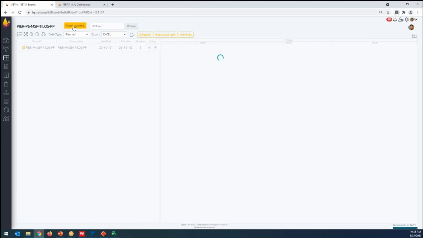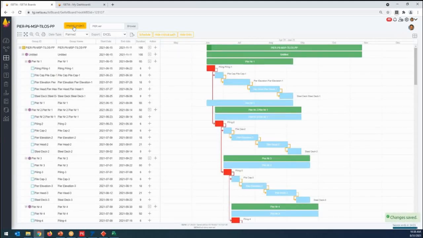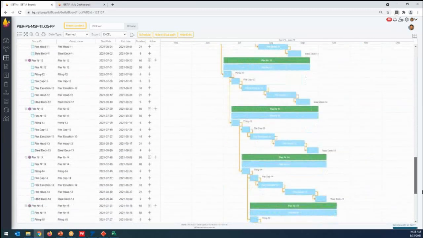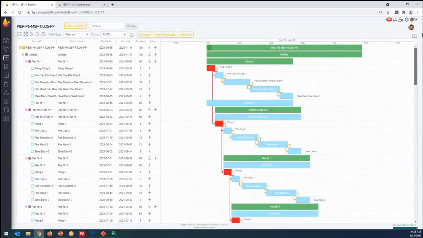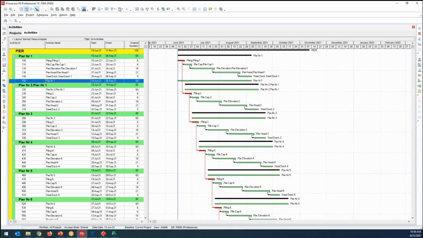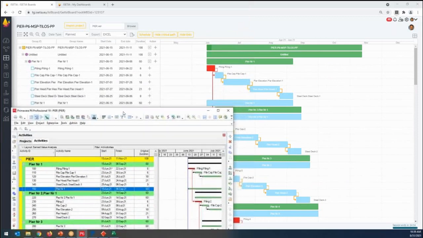So what I'm doing now, I am importing the Primavera tasks to ISETIA, and then you can see that now all the tasks have been imported from Primavera to ISETIA here. Okay, let's check if the data are correct. This is my Primavera.